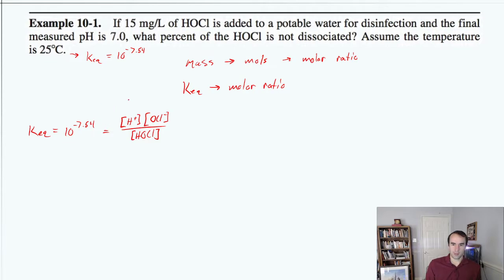With this, what we need is to know something about the H plus concentration, and fortunately our pH tells us that when pH is equal to 7, that means the H plus concentration is equal to 10 to the minus 7 moles per liter. That's because the P in the pH is really talking about, if we do P of X,